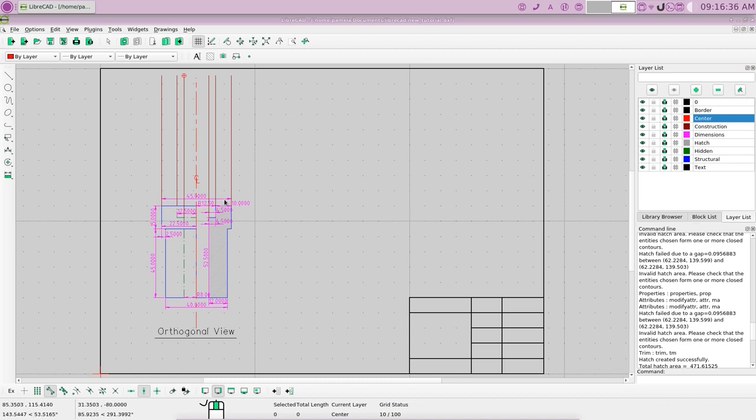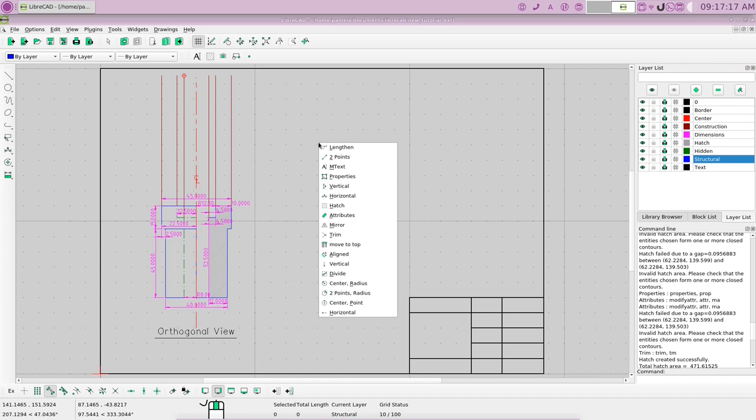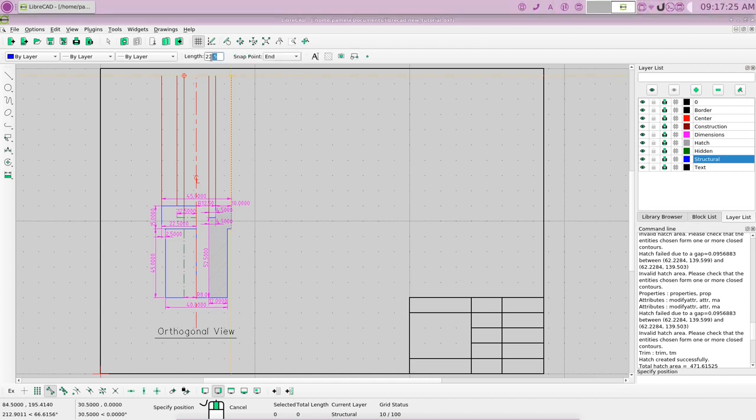Maybe we could leave them there already because we're done drawing these line extensions. So let's leave the dimensions on, they might be handy. Okay, so let's move to the structural layer. Let's go ahead and we'll snap on the entity. Okay, so let's choose a vertical line. Let's choose a vertical line and let's go 45 here. Okay, let's go 45,